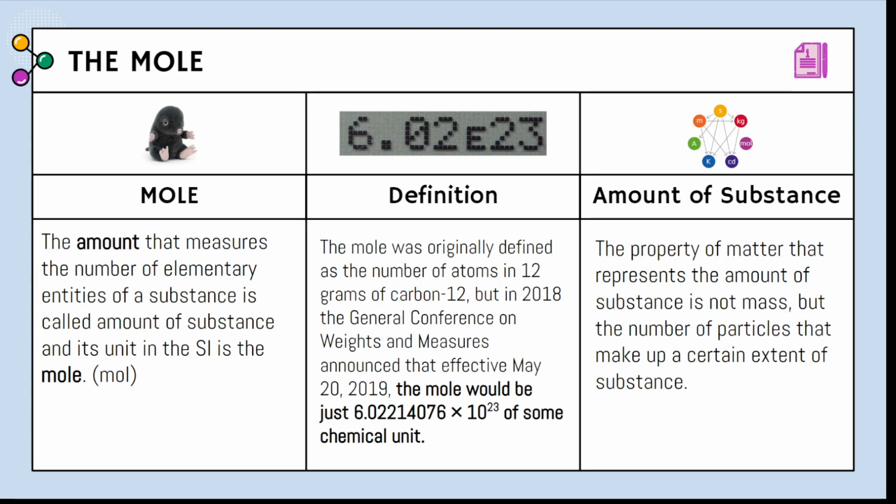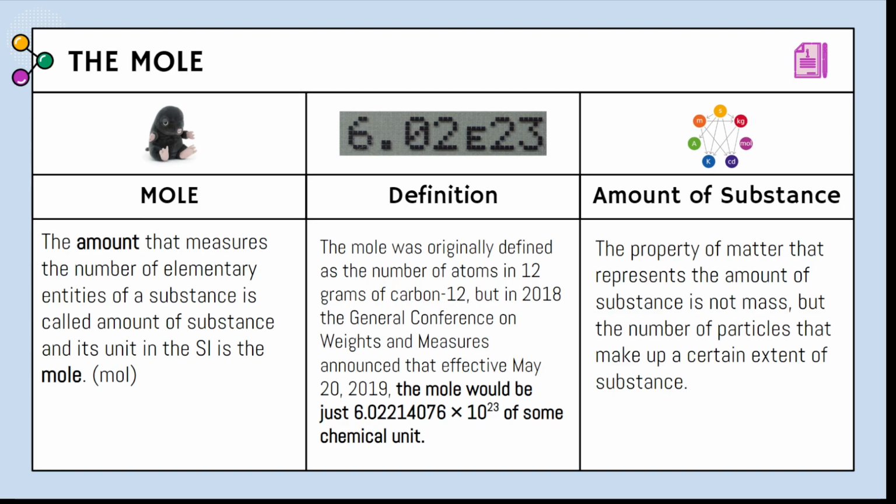6.022 times 10 to the power of 23, o sea, 6.022 por 10 elevado a 23. This is a number, and we call this number mole. Okay? The original definition of mole was the number of atoms that you can find in 12 grams of carbon 12. ¿Vale? La definición original era un mol corresponde al número de átomos que se encuentran en 12 gramos de